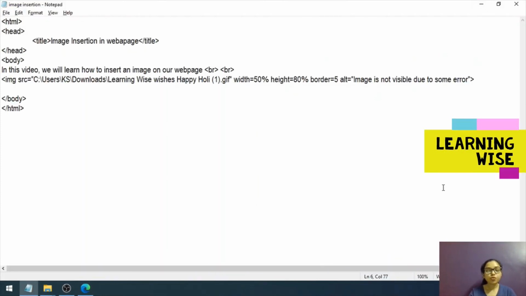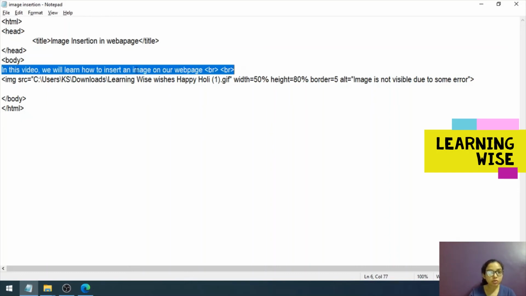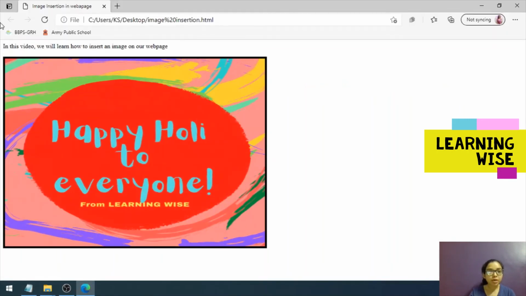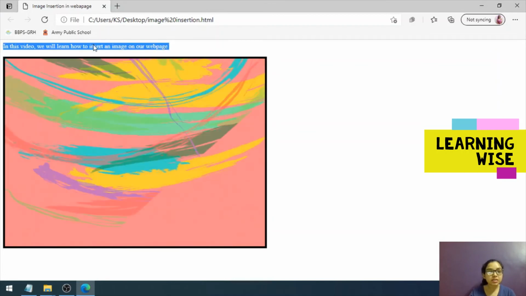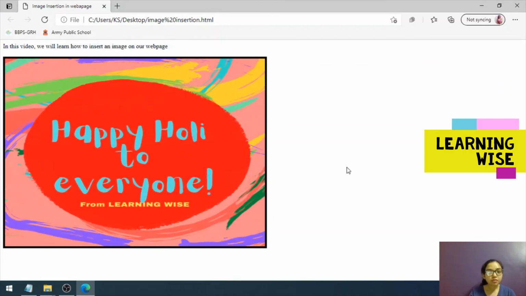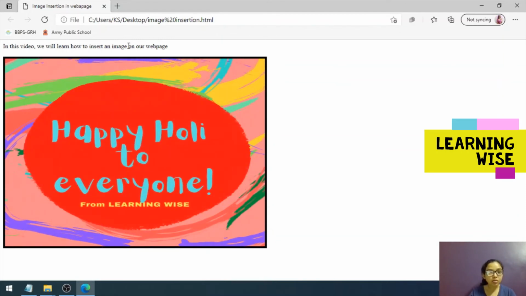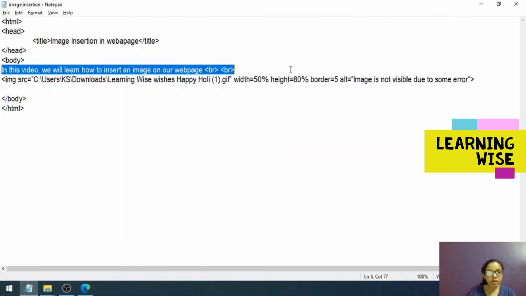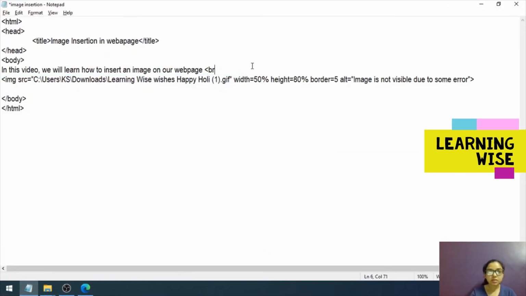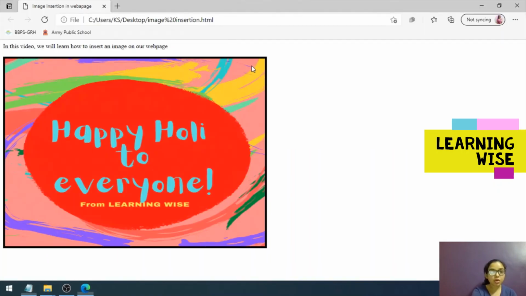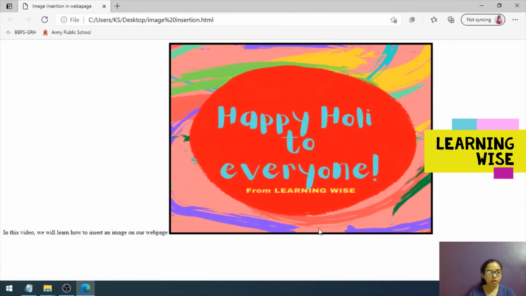Now suppose we want to align the image with respect to the text. You can see that we have this line with this text written here over our web page. Let me show you this. On the web page you can see that there is this line of text, and after that we have our image. Now what if there was no break tag after this line? Let us delete these break tags, save this work and refresh. Now as you can see, in this scenario